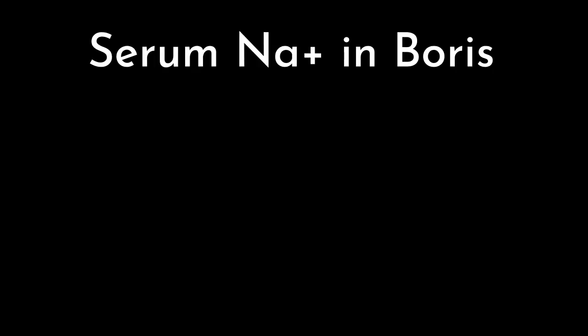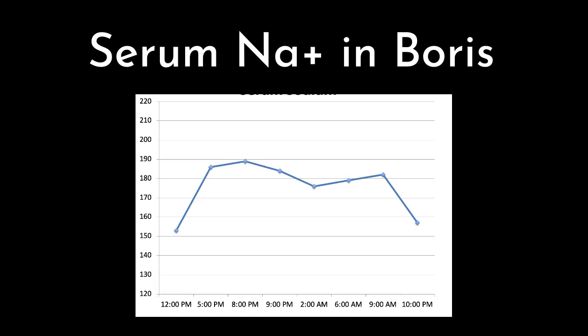Now, let's go back to Boris and take a look at his serum sodium concentrations during the first 36 hours of hospitalization. The y-axis represents his sodium concentration and the x-axis the timeline during the first 36 hours since admission. As you remember, he presented with a sodium concentration of 153, which is high normal for a cat. 6 hours later, it went up to